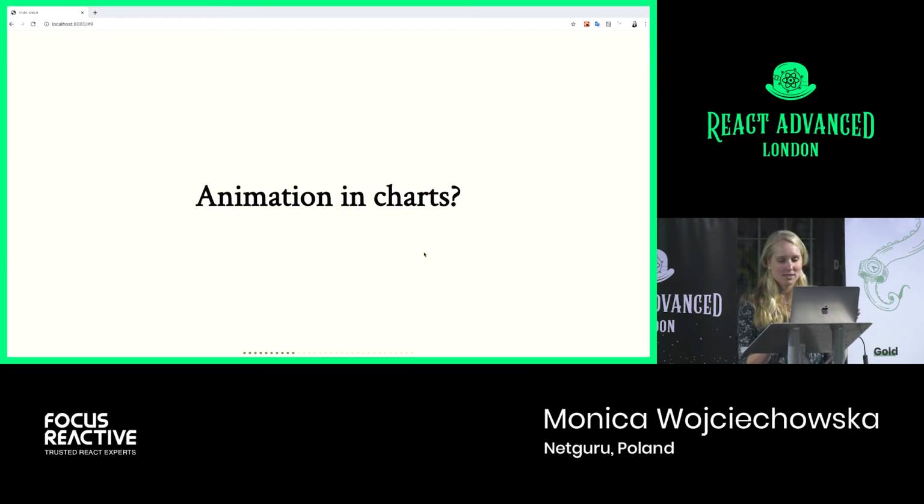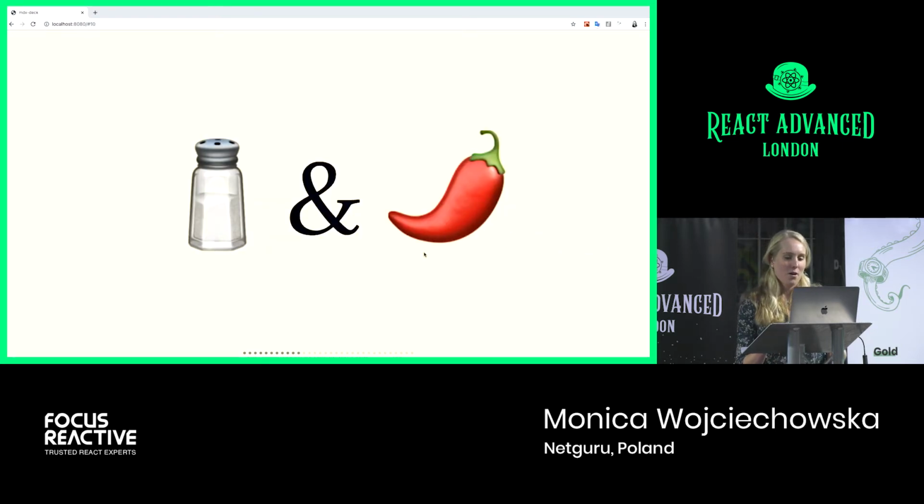And so then, how does this apply to data visualization? Well, I like to think about it in terms of salt and spices. Salt and spices really represent two different approaches to applying animation in data visualizations. And just like the balance of salt and spices wins out in the long run when it comes to cooking, the same is true for how and when to animate charts as well.